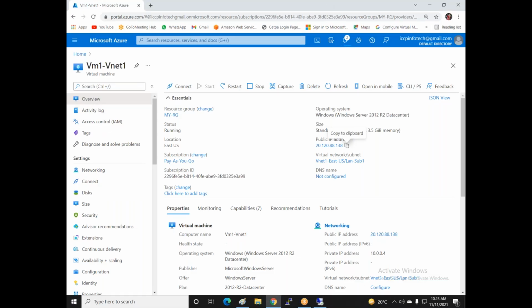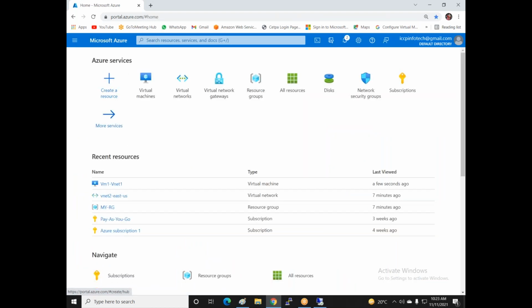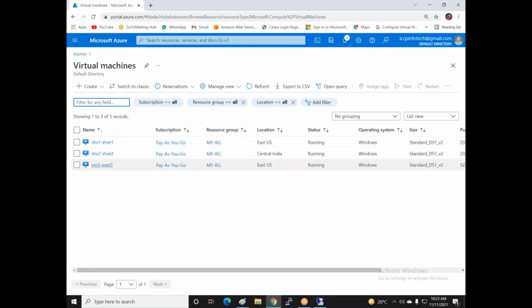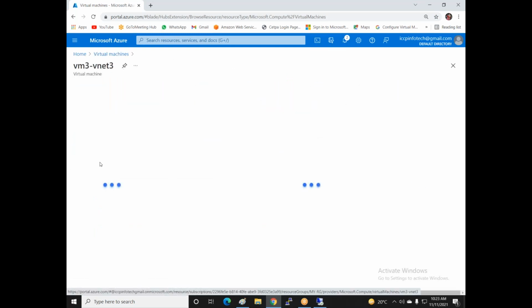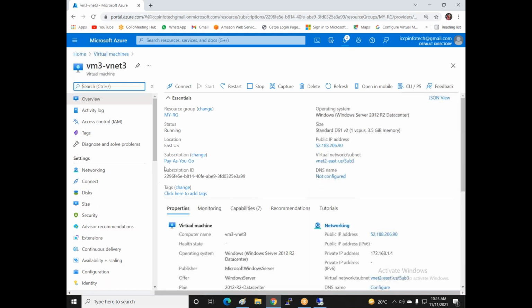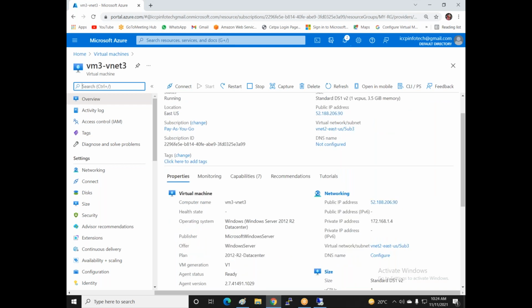Now I'm accessing the other virtual machine. I go to VNet 3, because VNet 3 is also working in the same region, VM3 in East US, and this is a public IP. No, I'm not using the public IP right now.